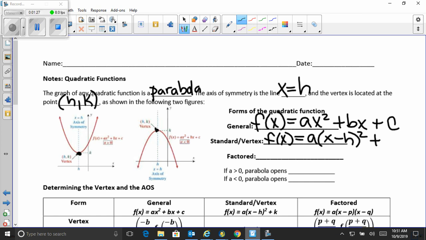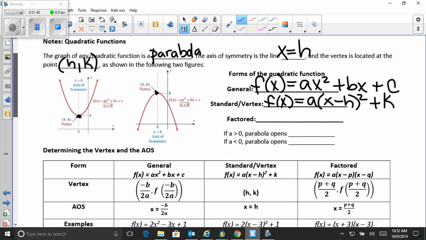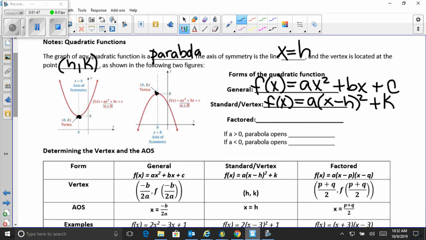And this is the form that you can see the vertex. It's also the form that we use when we're doing transformations because you can easily see how it moves horizontally, vertically, and then how it gets affected by a. If it's negative, we know it's a reflection. If it's outside the function and there's a number greater than 1, we know it's going to be a vertical stretch and so on. And the factored form is f of x is equal to a times (x minus p)